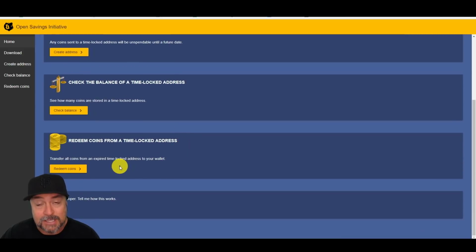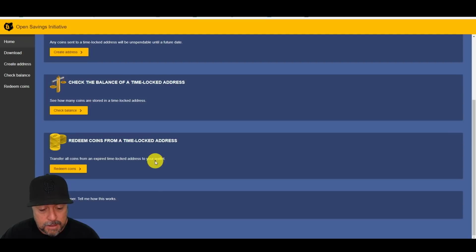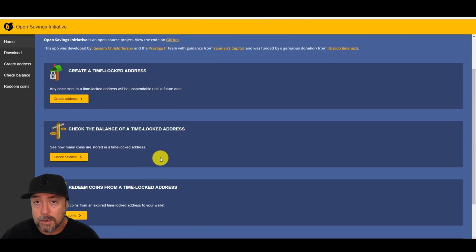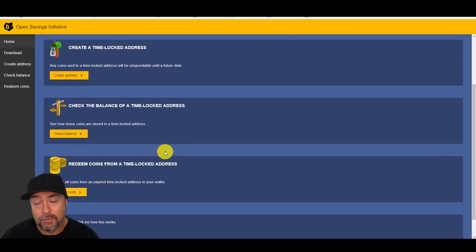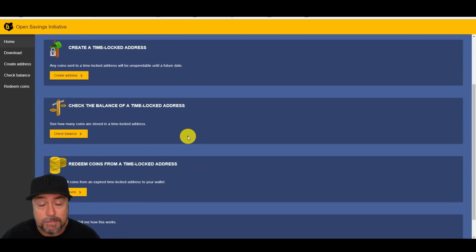And it's early. I would say let's let this thing percolate. It does work at this time, but I would like to see things like what happens in case of a fork. How would they address that? Will they have a fork utility to deal with that? That's one issue I'd like to see more information on. But I think this is a good idea. It's open source, so you can check the code. And right now, there's been some pretty positive feedback on this.